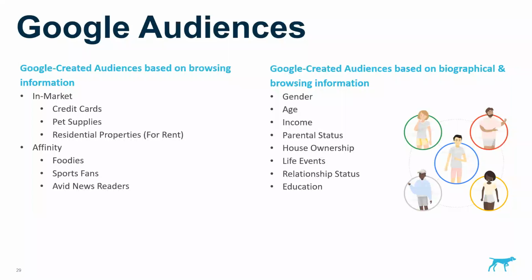In addition to that, we've also got the Google created audiences based on biographical information. It's got the very standard ones like gender, age, income. There's parental status and home ownership. Life events can be very relevant to some advertisers, things like moving house, getting married, graduating. There's relationship status, and there's education. A lot of these have been bucketed to protect certain segments. Income especially, they've grouped the entire bottom 50%, so that the bottom 10% can't be maliciously targeted. So they do put steps in to protect groups of these audiences.